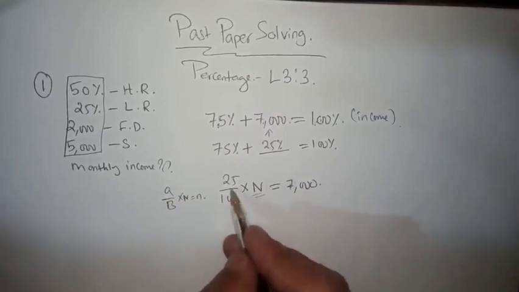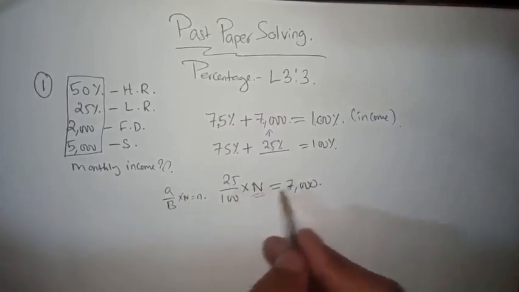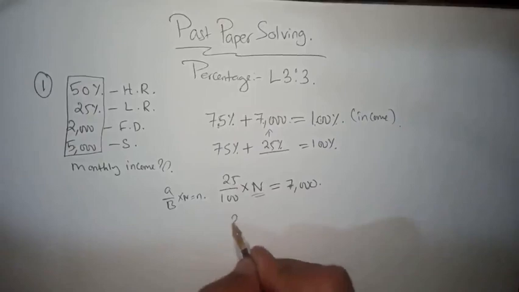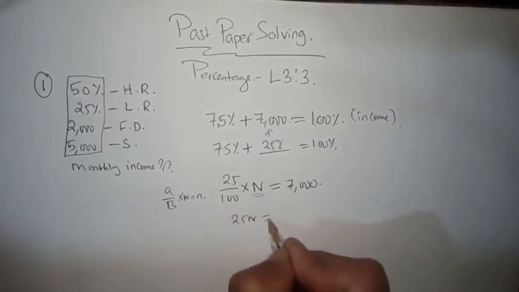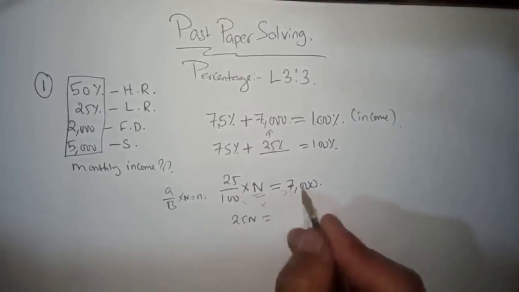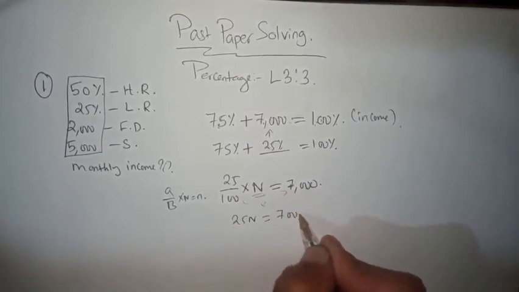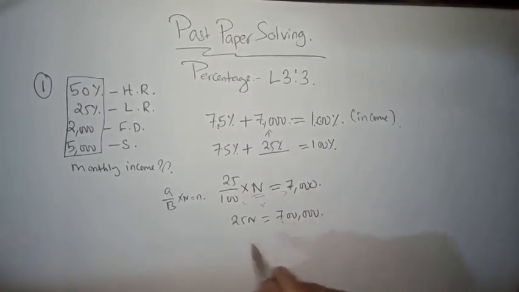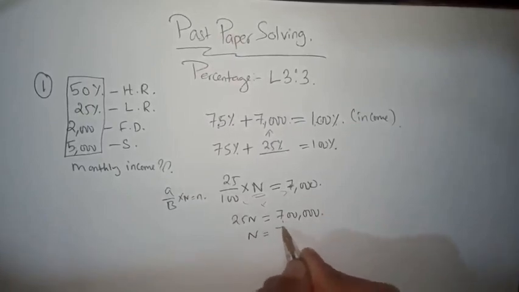So 25% of the total is equal to 7,000. So 25n equals 7,000 into 100, which is 7 lakh. So n is equal to 7 lakh